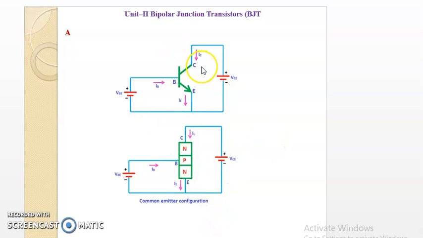And one more thing is that one should know the direction of flow of current through the transistor. Here this emitter is shown like this. The direction of emitter current is in this way. Base current is like this, and IC, in the sense collector current, is like this. Suffix C, collector current, IB, base current, IE, emitter current. So in case of an NPN transistor, base current, collector current and emitter current directions are as shown in the figure.